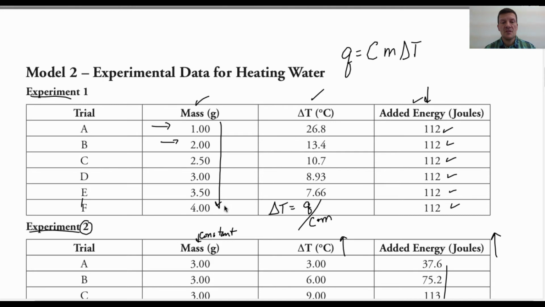So you just have to plug in the energy. 112 goes in for Q. The C is 4.18 joules per gram per degree Celsius for water. So put in 4.18 for C, and the mass here is 4. And once you plug in those 3 numbers and calculate this, you will have the missing delta T for that